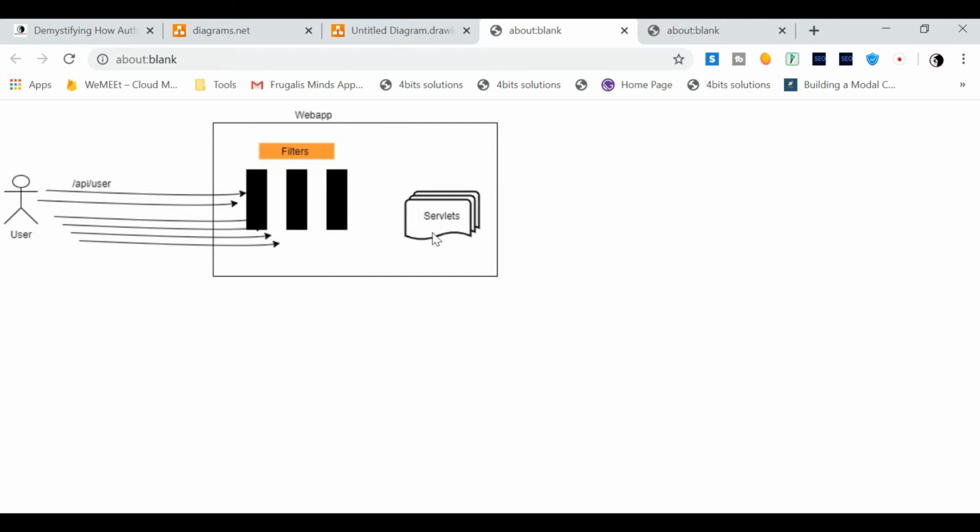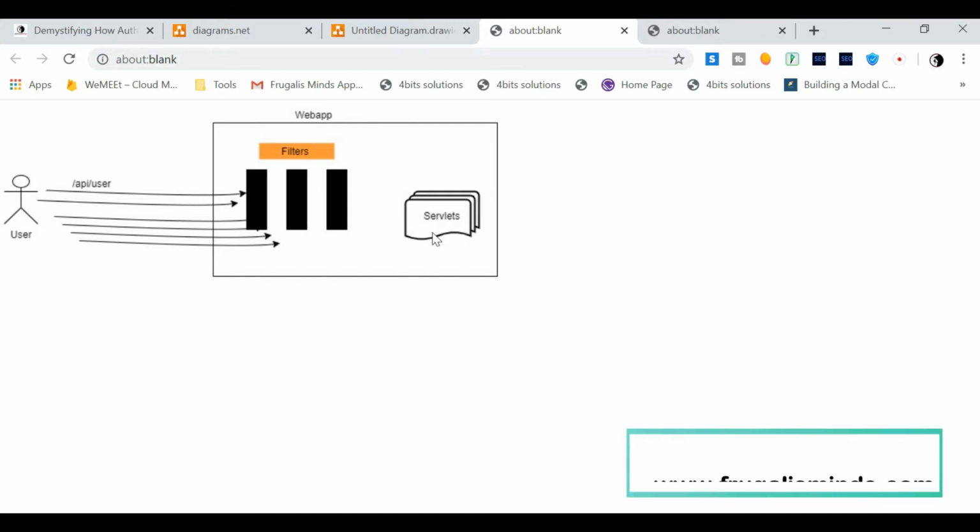If you don't know, a filter is used in a typical servlet application when you want to do some kind of pre-processing. There could be multiple filters: it's one request per servlet, but a filter might be applicable to all the requests. So I can have a series of filters based on the kind of authentication that I implement.